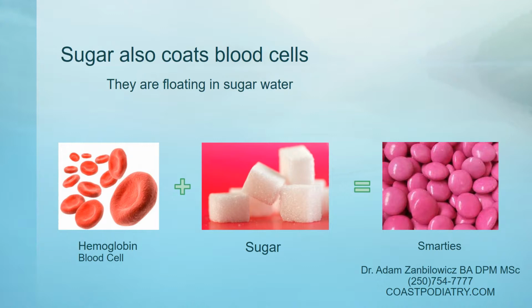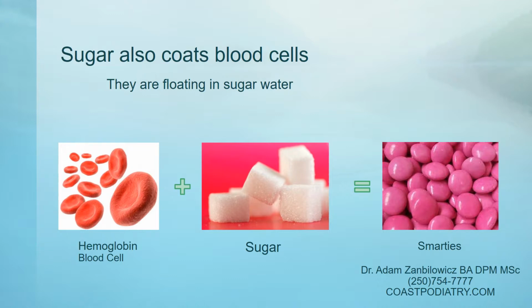So, how do we manage this? How do we know that we're controlling the diabetes? And so this is where we're going to get into what the A1c is, the hemoglobin A1c. Well, it turns out that your blood is basically sugar water. And while the sugar in the blood is coating your arteries, it's also coating the things floating inside your blood. And one of those things is the blood cells, and one of those blood cells is called a hemoglobin blood cell. And over time, it's a very good analogy to imagine those hemoglobin blood cells getting sugar coated and turning into Smarties.